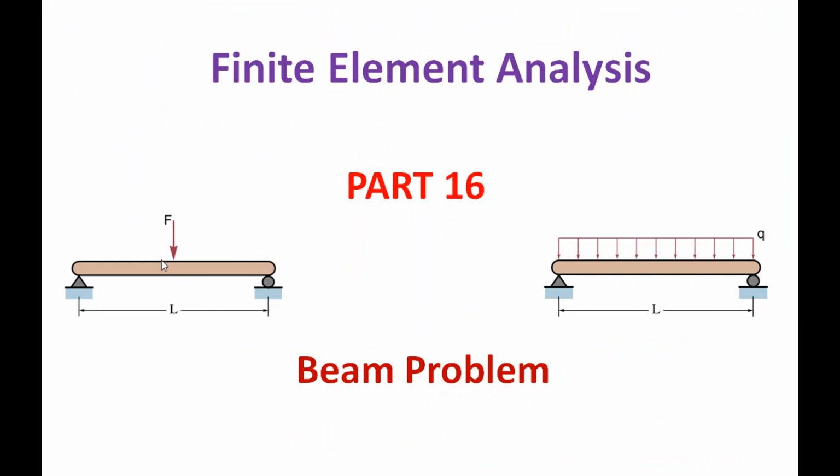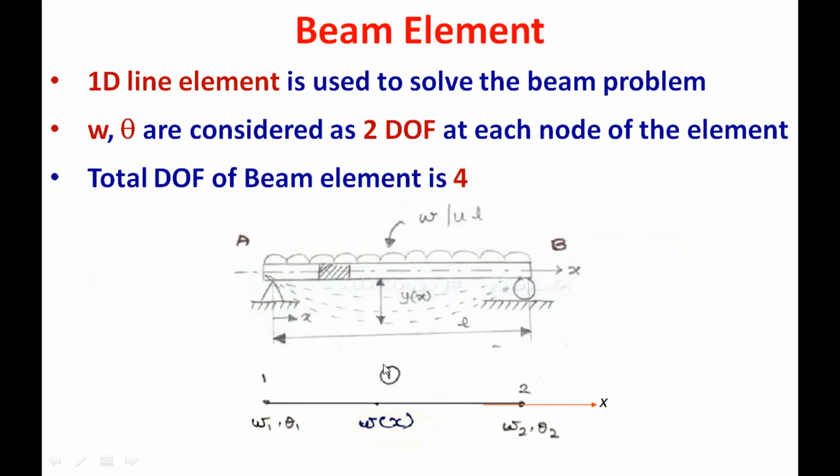Welcome to the series of lectures on finite element analysis. In this part, we are going to take one example problem in beams. In the earlier part, we derived the element characteristic equation for the beam problem. For solving the beam problem, we are going to use a one-dimensional line element with 2 degrees of freedom at each